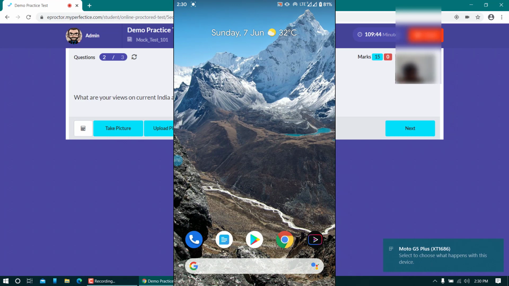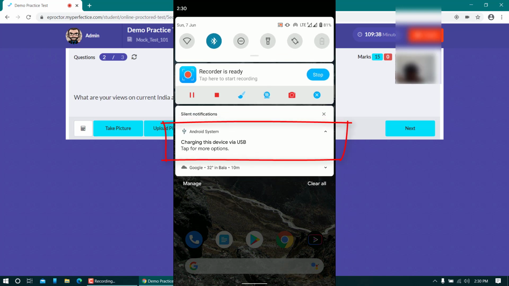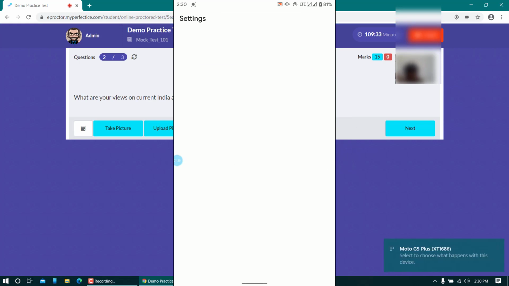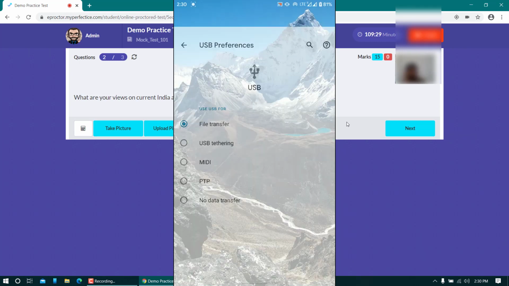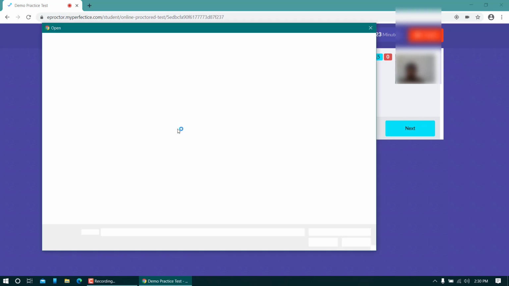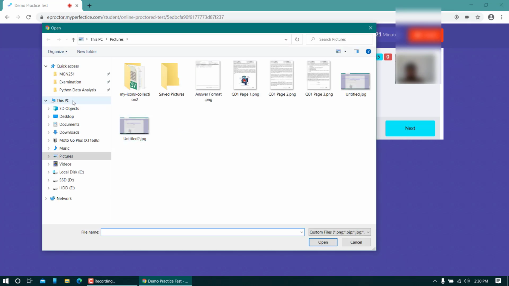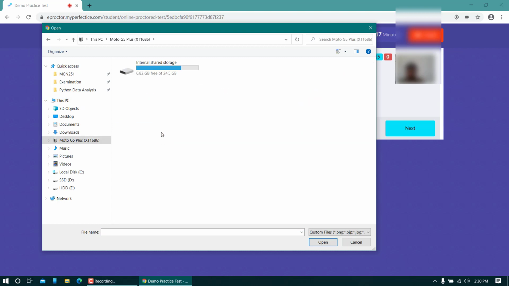I'll go to the notification menu and I'll allow my device to transfer file. I'll go back, and now I'll go back to the laptop, click on upload picture, and now go to PC, and now my device is visible here.